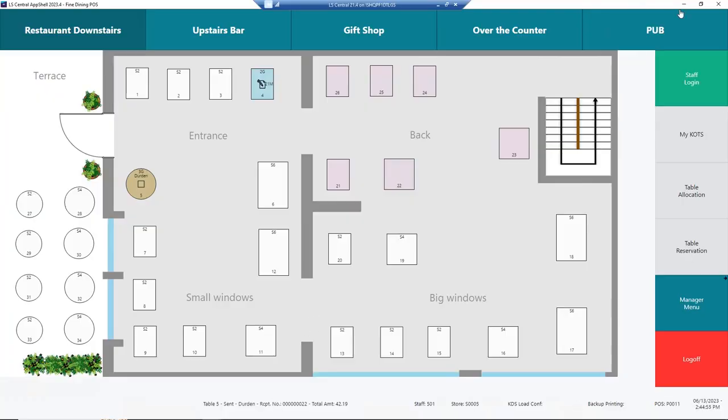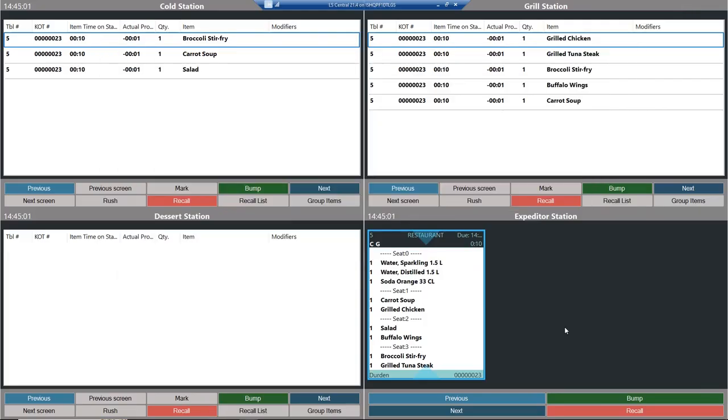And now if you minimize the POS, you have it all in one order. I could have put it into 2 orders if I liked, remember as before, 1 for starters, 1 for mains. But this is fine. I'm just going to bump the whole one. I am allowed actually to bump from expediter station. That will automatically bump the production stations.